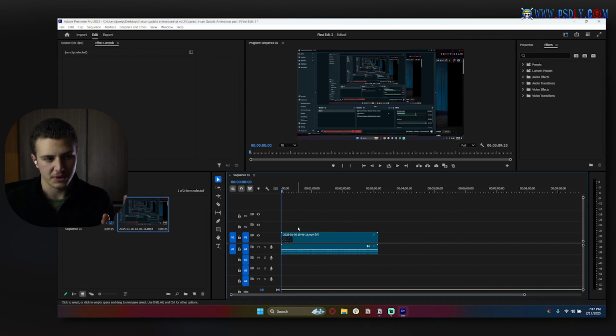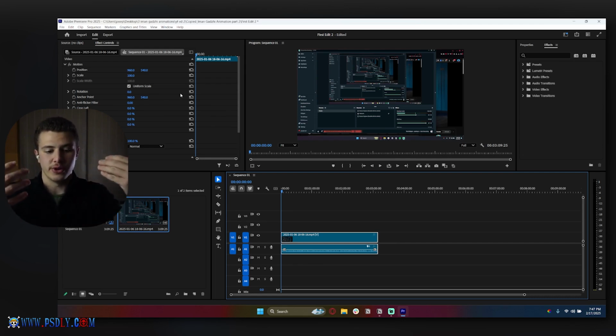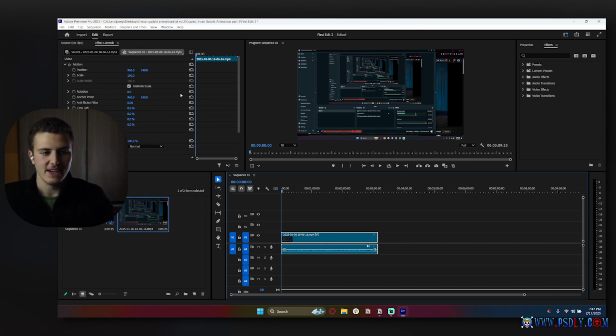But there's also one more cool thing that we have to talk about, which is when I click on it in my Effect Controls panel, I get all these cool things pop up. What is the Effect Controls panel? The Effect Controls panel controls a bunch of different things. It controls whichever effects are applied to whichever we selected. So if I selected a text layer, for example, it controls all the effects that have to do with our text. If I selected an image, it controls all the effects that have to do with our image. So because I've selected the video, it controls these effects that have to do with our video,